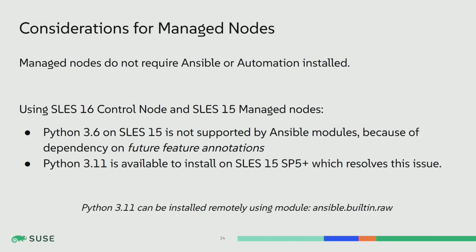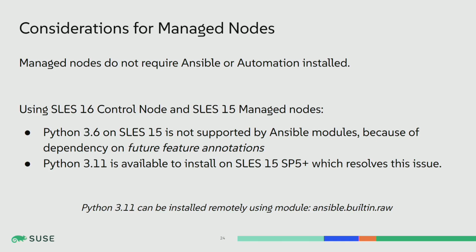I wanted to mention a little consideration before we go into more details. I'm not sure if you know, but in Python 3.7 or 3.9 there was a little change that broke Ansible. It's related to future feature annotations, and it increased the requirements for Python.